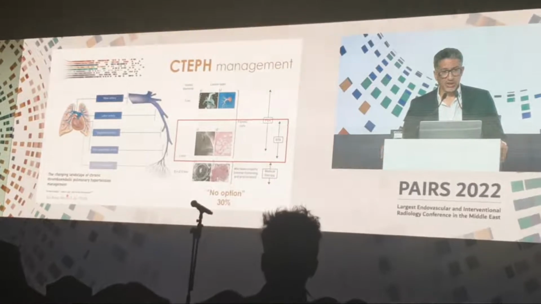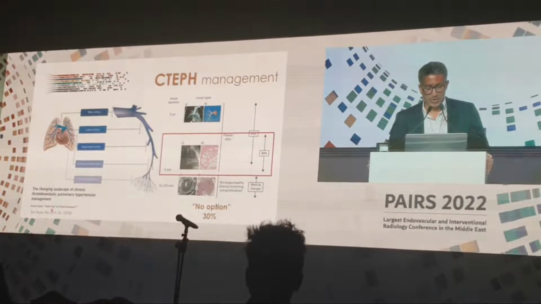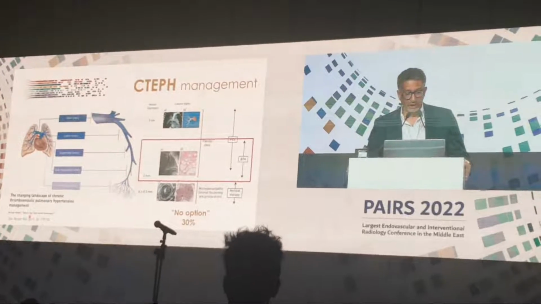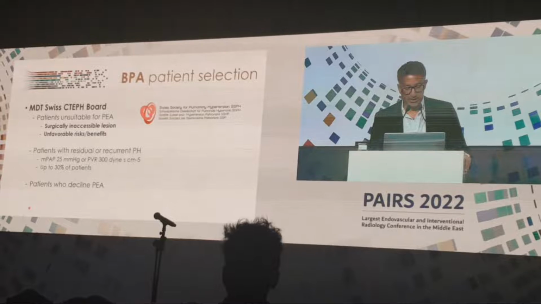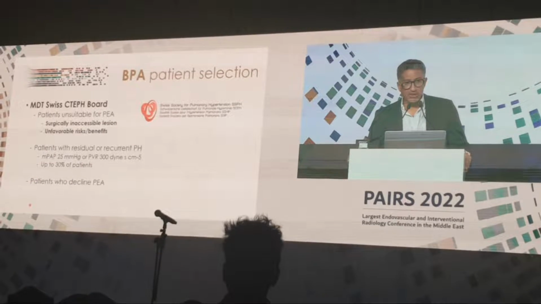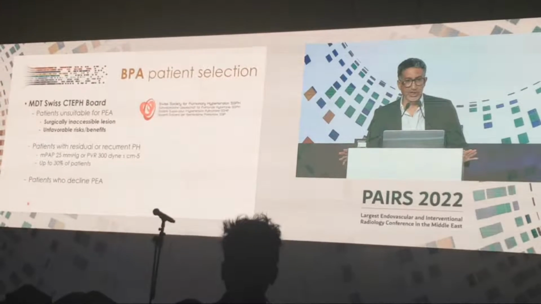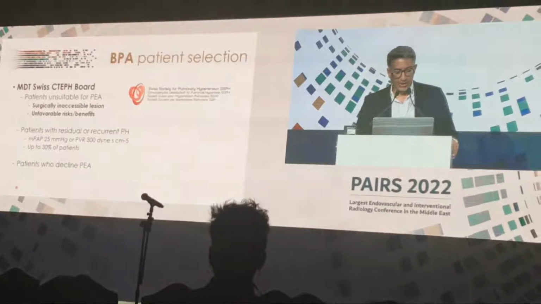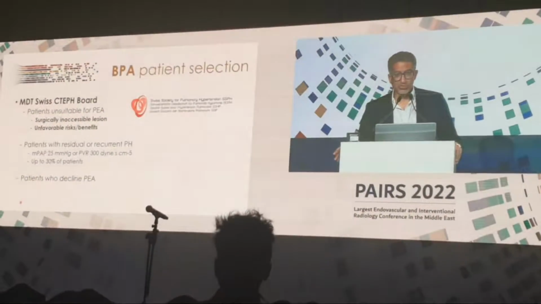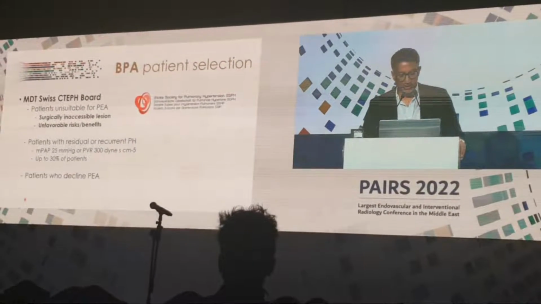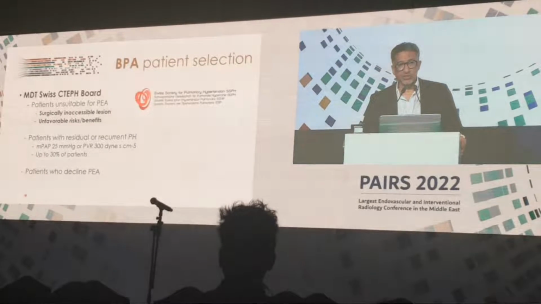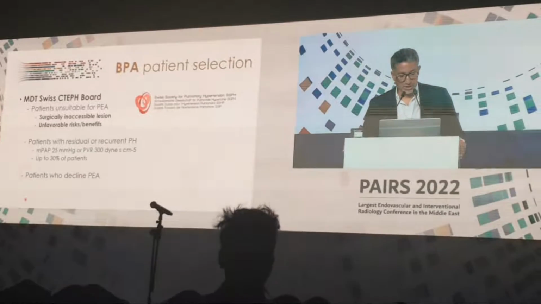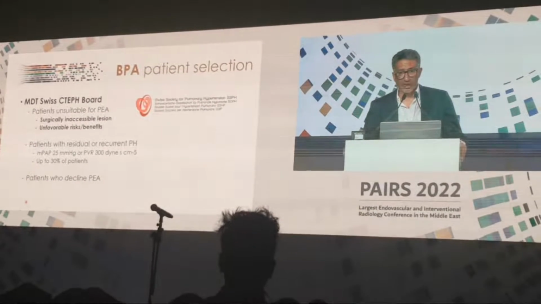This was what we established in 2018 from the beginning of the extended indication of balloon angioplasty in pulmonary hypertension. Actually, this is changing a little bit. We try to extend the indication of BPA to more proximal lesions, and you will understand why this strategy is moving. Now, as we established the first indication as no other option, medical or surgical treatment, we have to have a discussion to select those patients. In the majority of centers, we advocate the use of a multidisciplinary team to make this decision. In Switzerland, we have this Swiss CTEPH board to decide which patient should benefit from pulmonary